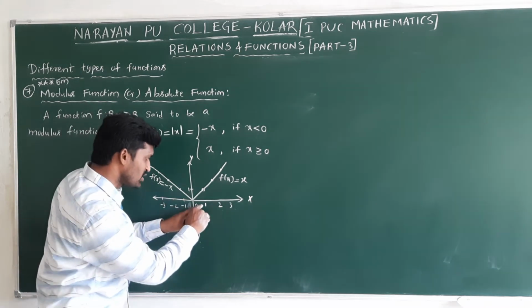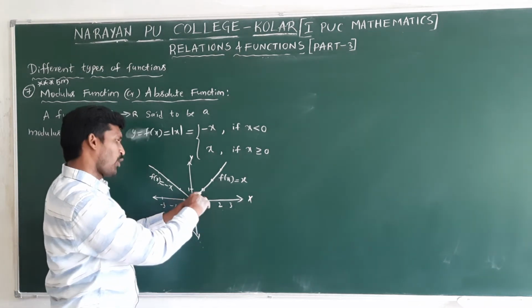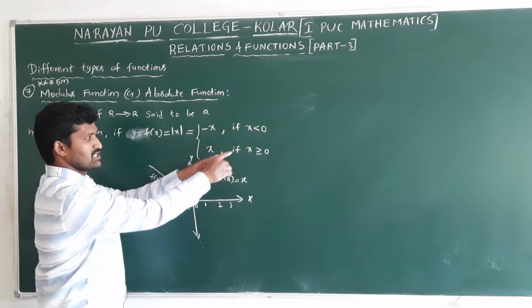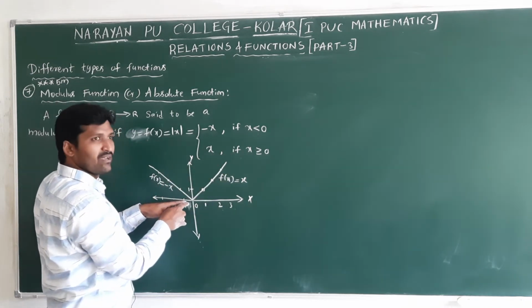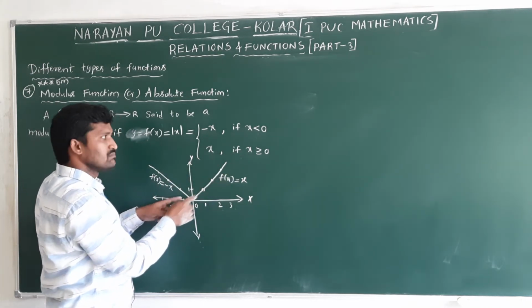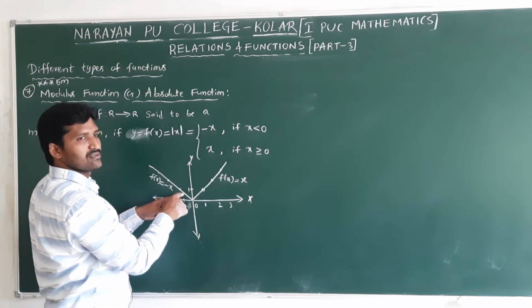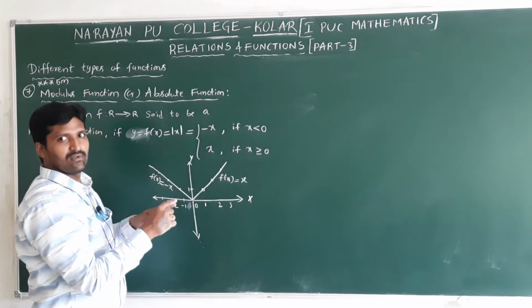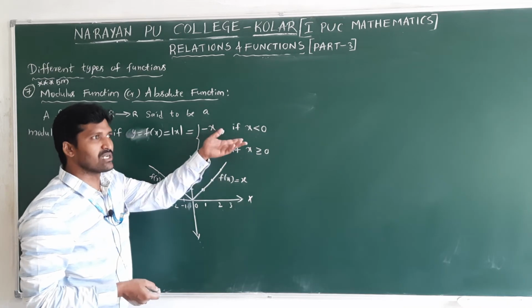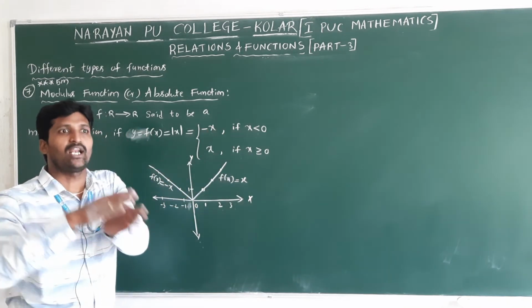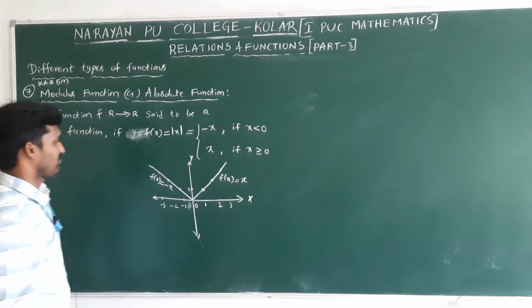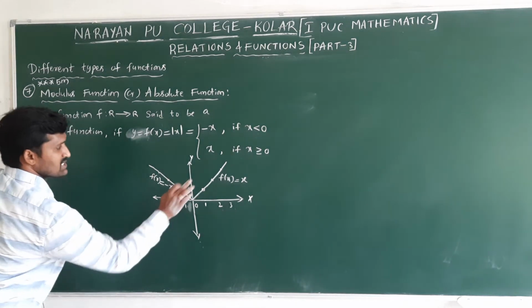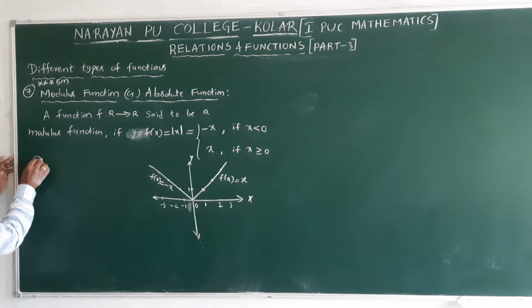If you take 0.01, 0.01 will get here. Positive. Minus 0.5, minus of minus becomes plus. So 0 means 0 will come. If you give negative input also, the output comes either 0 or positive. Okay. This is the graph. Now domain we need to write.